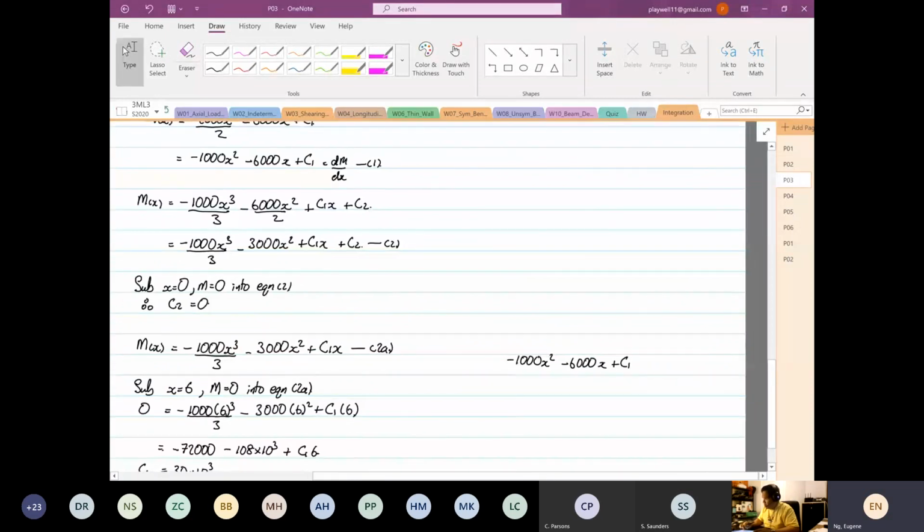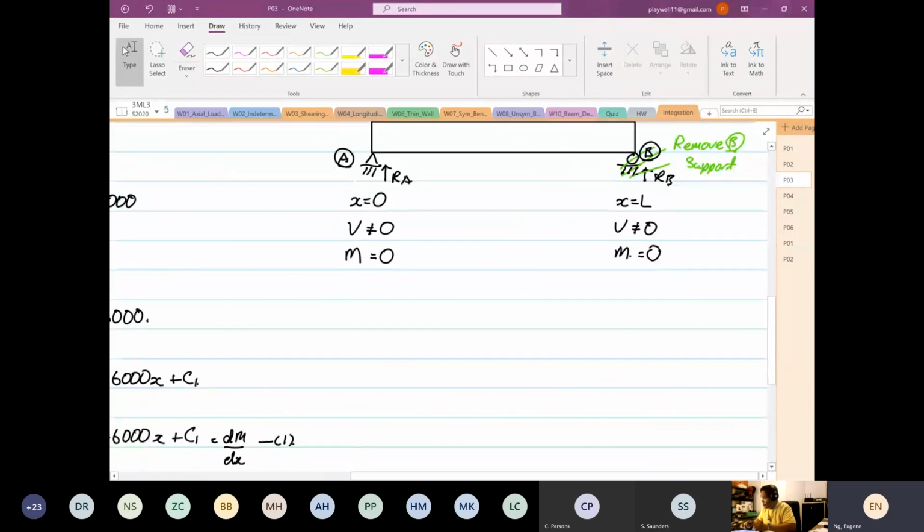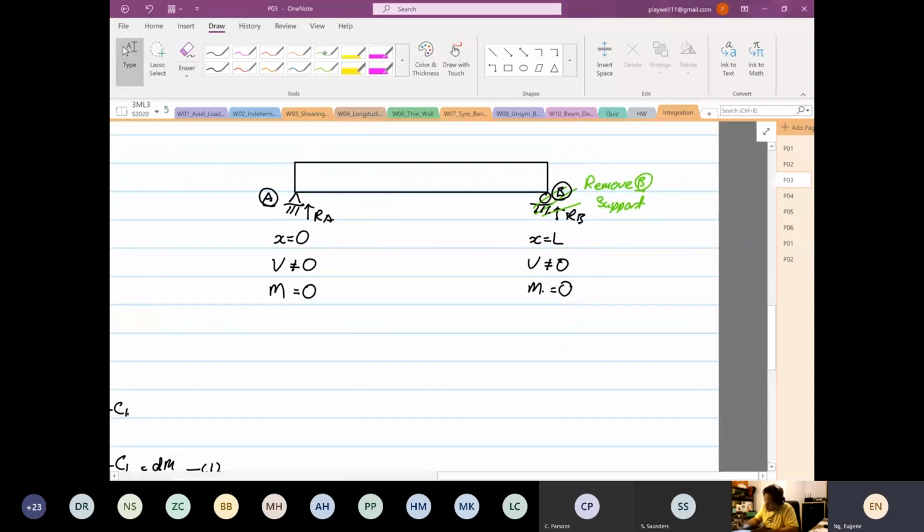Anyone? What will happen? The structure will rotate. Yes or no? You can see the structure will swing over. That is why the moment is equal to 0. So what if now I were to remove my support at A, and this one I will keep? What will happen now? Now the structure will rotate the other way. The fact that the structure will rotate means the moment is equal to 0. Now, if we were to look at a cantilever beam,